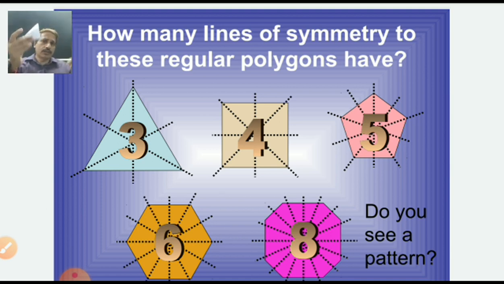Yes, my dear student. So horizontally, vertically and diagonally means cross. You can see my face here. It's a square. In the square, all the lines are there, vertically, horizontally, and cross. Yes. Pentagon, it's also a 5-sided figure. You can check it this way. 5 times it is showing the line of symmetry.